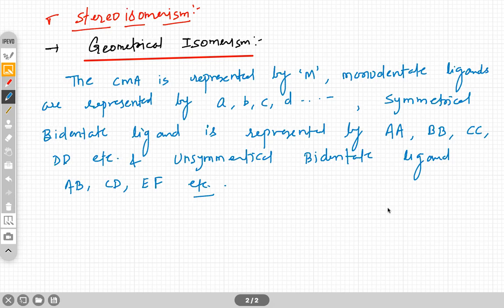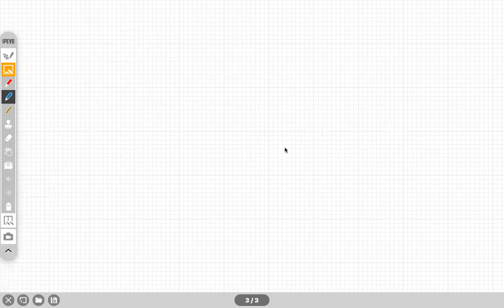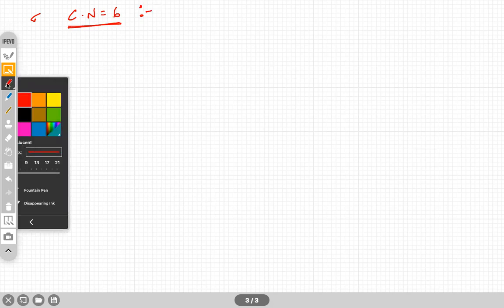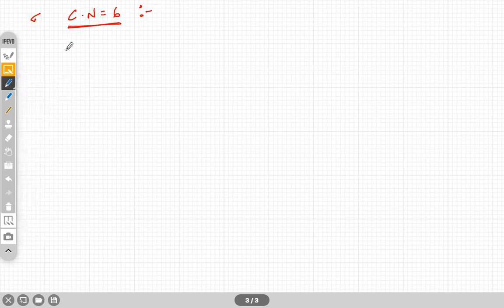Okay, so these are the notations we are going to use. Correct. Now, we are going to see the geometrical isomers of compounds with different coordination numbers. The most important one we have, coordination number 6. So the first type of complex we can have with coordination number 6, and I am considering